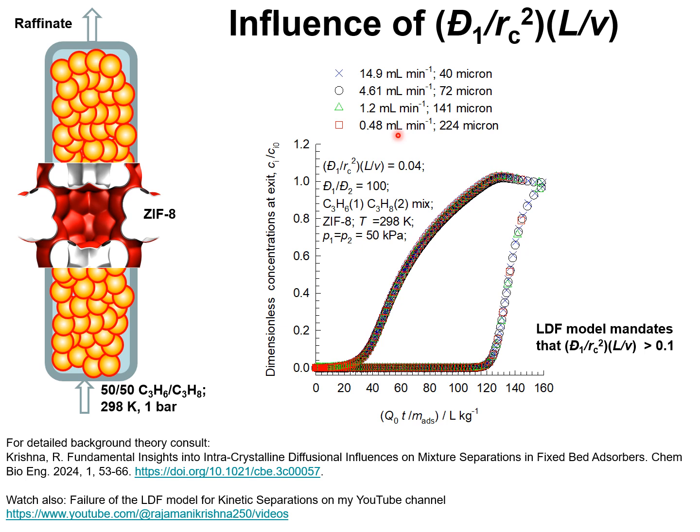And the fourth possibility is, for example, to use 0.48 milliliters per minute flow rate and a particle diameter of 224 micrometers. All of these combinations lead to the product being the optimum of 0.04. And the simulations show that these 4 sets of simulations collapse to yield